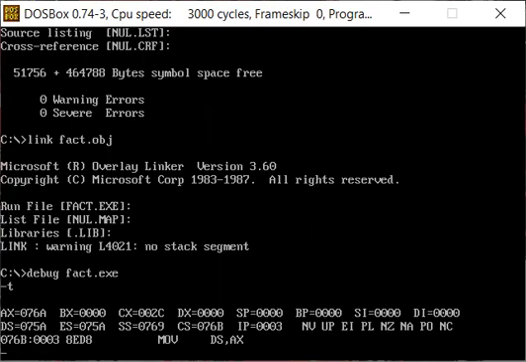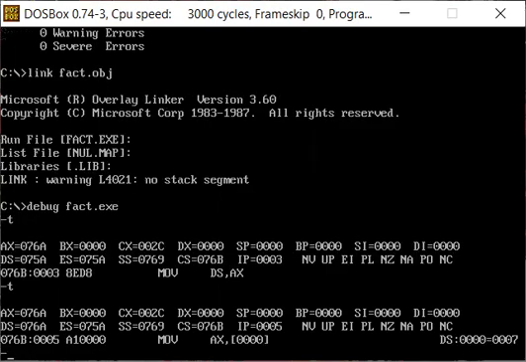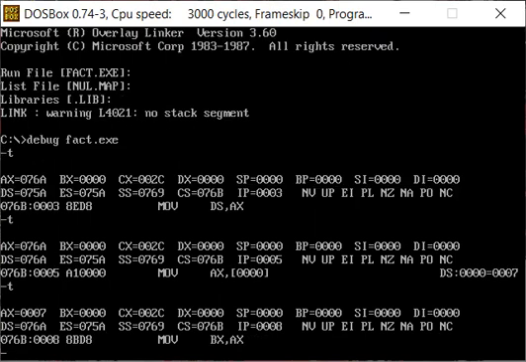Here we can see that AX has the data segment start address, that is 076A, and then we move the 076A to the DS register. Now DS has the data segment start address, and now we're moving the value from location 0000. The value is 0007. We move the 7 to the AX register. After that, we copy the same value to the BX register also.